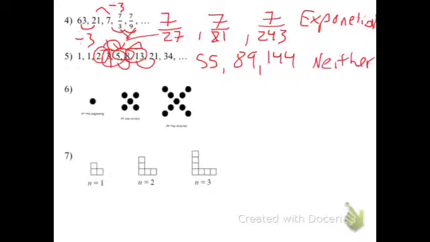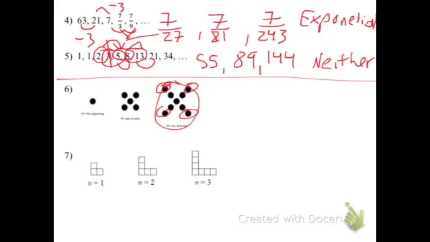Alright, moving down to 6 and 7. These ones are drawing ones. You have some patterns going on. So it's looking like 6 here. I start with a dot in the middle, and then I add the 4 dots around in those corners there. And then the next one is adding 4 dots again on the edge there. And so if I want to get my next one, I start with a circle in the middle, and then I'm going to have 3 dots going out there,